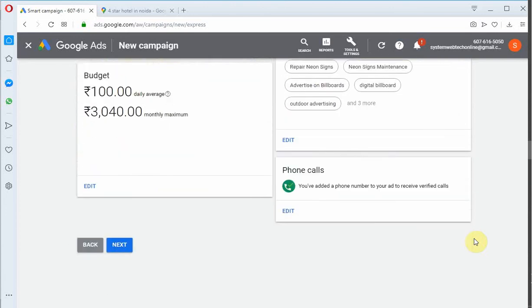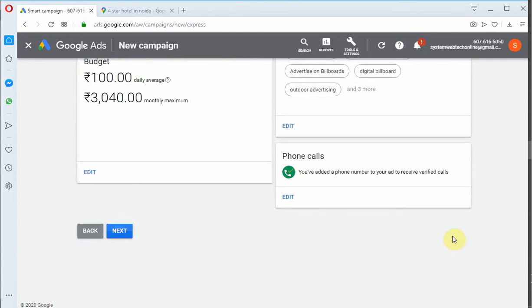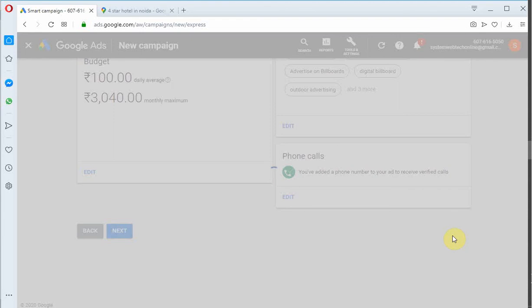And we will click done. Once it creates it, you may add it also. Let me show you how you are able to add it.